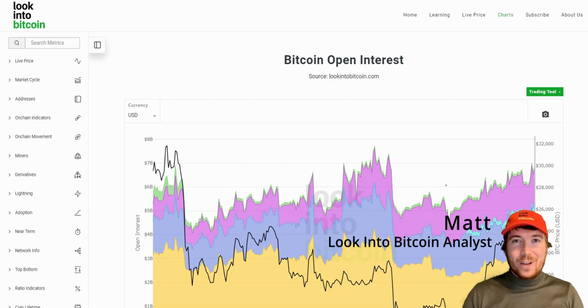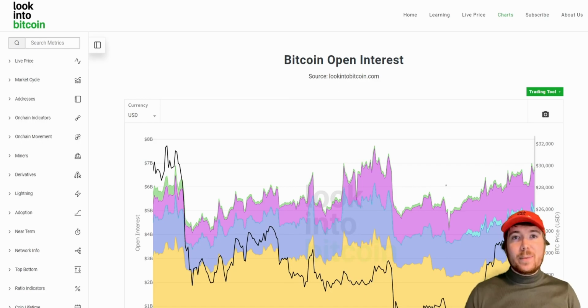Hi everyone, I'm Matt from Look Into Bitcoin, and today we're going to be going over a derivatives trading strategy you could implement to try and improve your trading profitability. To do this, we'll be using a number of resources that are all freely available on lookintobitcoin.com, your number one